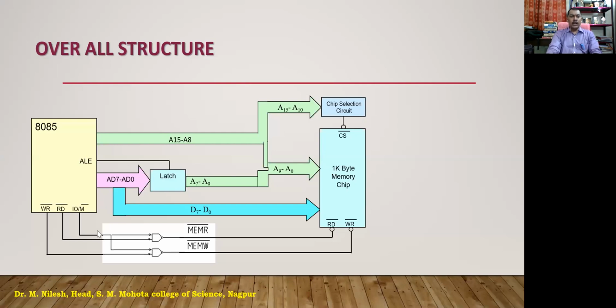So these are the control lines which are being controlled by the read, write, and input output oblique memory bar. The same line, that is input output oblique memory bar, is used for input output devices as well as for the memory. So at a time only one we are going to use. We might use it for input output, or we might go for the memory. This is done by using the input output memory bar signal.